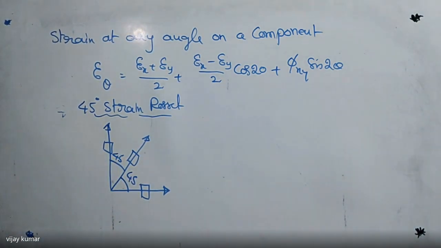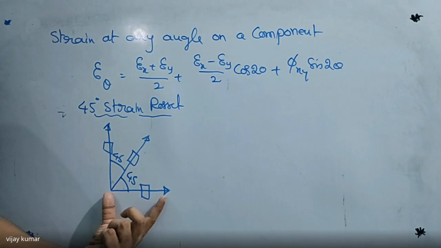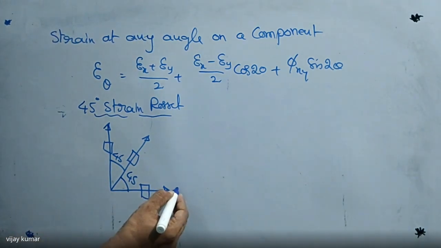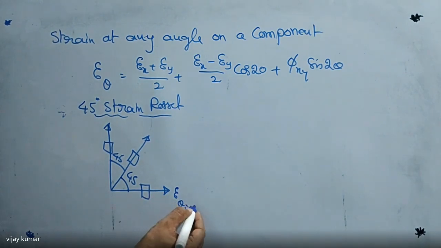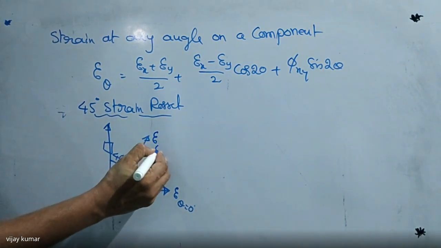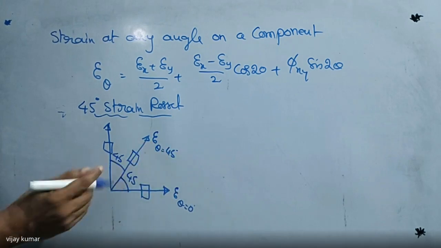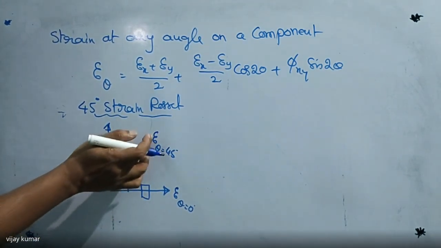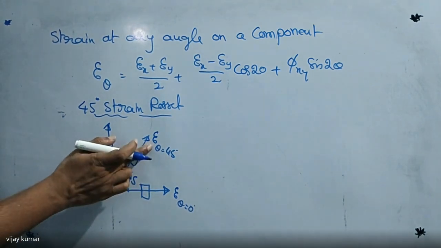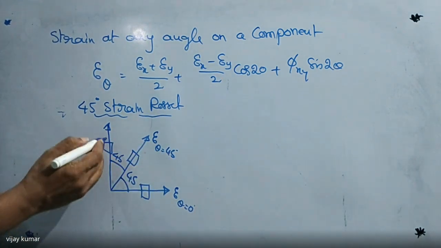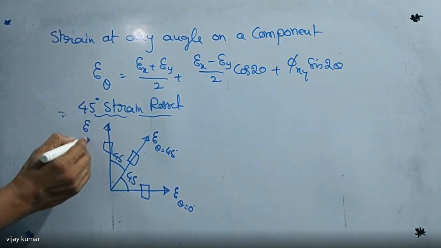Okay, right. But here I want to find this strain along x by using this gauge. So I want to find which one now? Strain at an angle of theta is equal to 0. How much value do we get? That is given by this strain gauge. So this is nothing but strain at theta is equal to 45 degrees. What is the meaning of this one? So I am putting the strain gauge at an angle of 45 degrees with the horizontal. This strain gauge gives strain at an angle of 45 degrees. And here, this is a strain at an angle of how much?